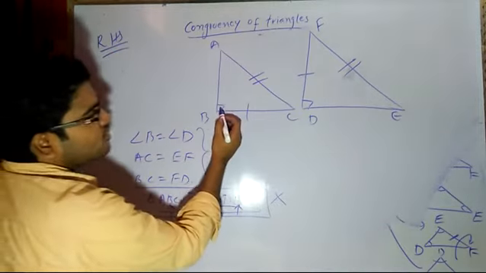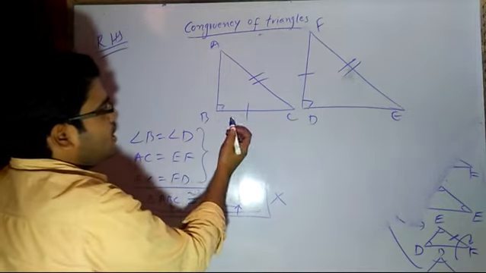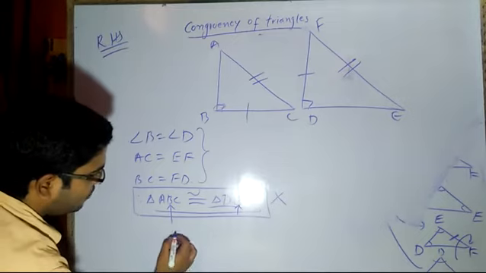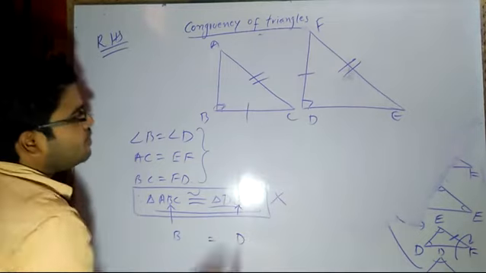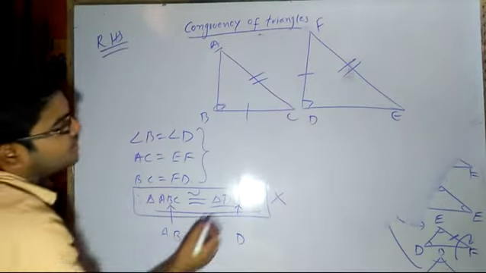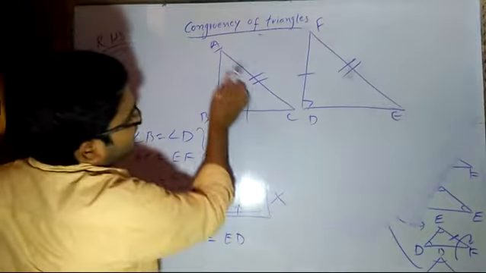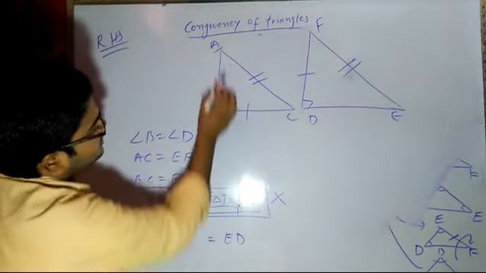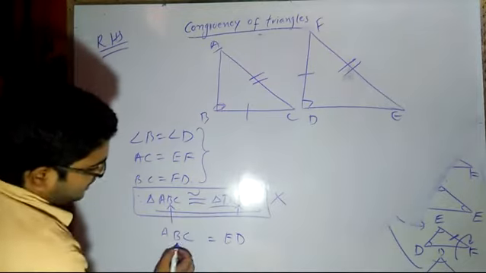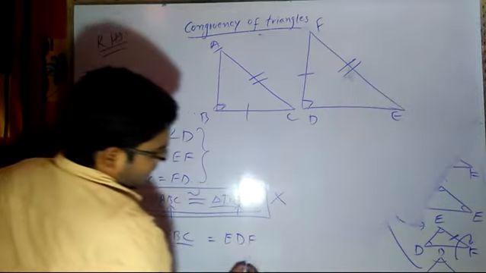So the sequence should be followed for the things we are comparing. If I am writing angle B as 90, then angle D should be in the middle. So B, then angle D. Then what am I writing? I am writing the uncommon side A here, so the uncommon side will be E here. Then we have A and then C. BC, B to C is a side, then ED, and then we have F, DF.